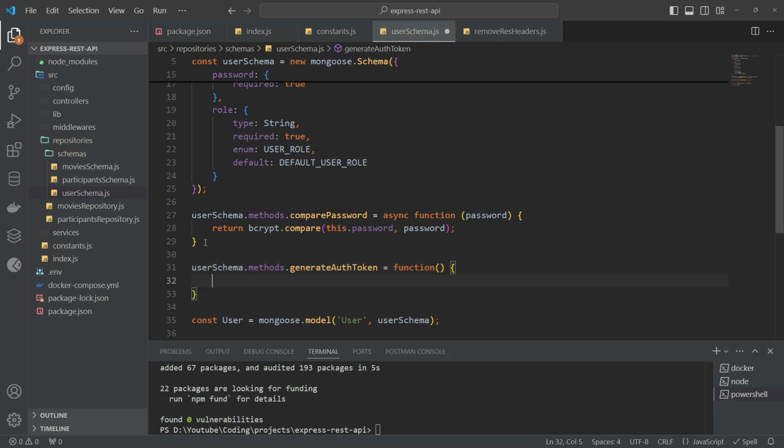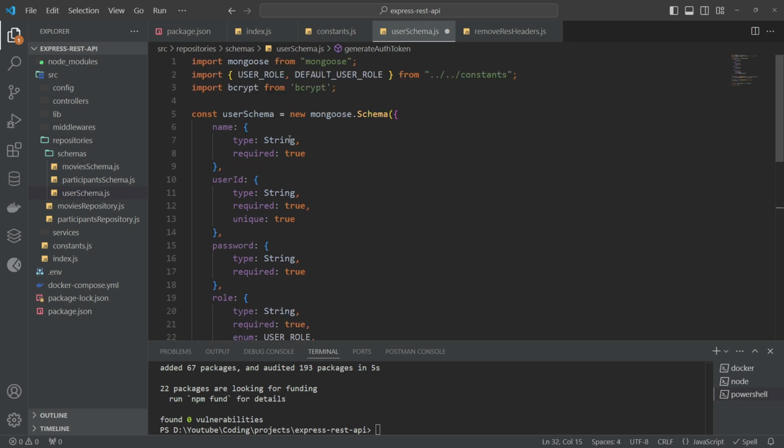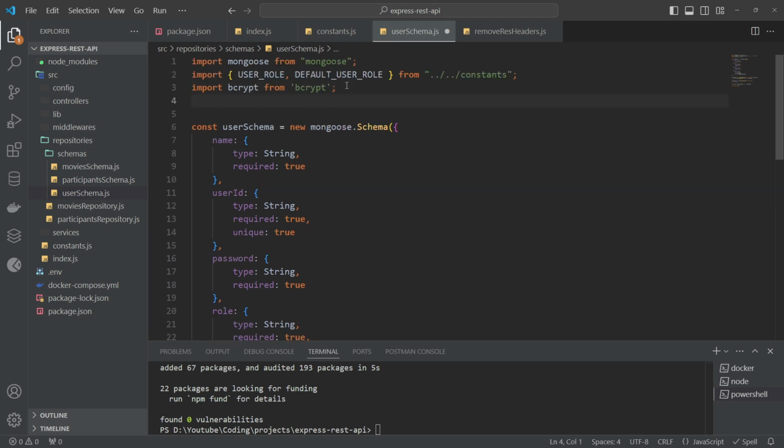Now this will return a JWT. Now what is JWT? JSON web token. So for that we will import it. Import JWT from JSON web token,